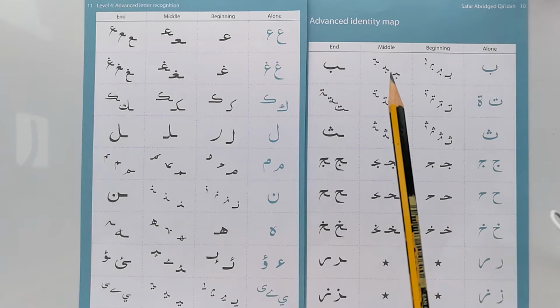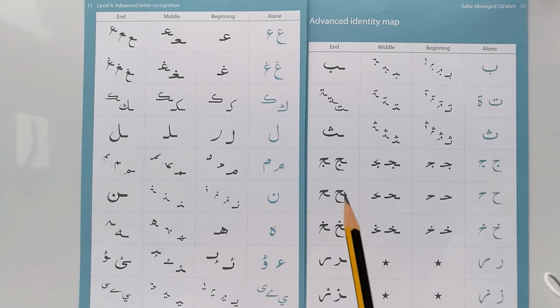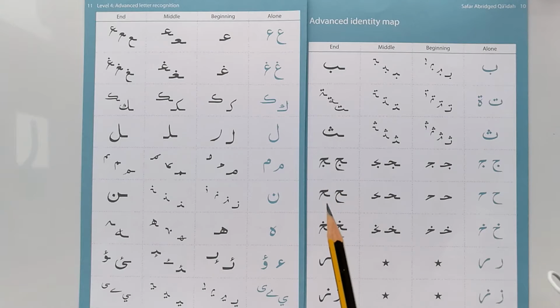Notice the arms on all these middle ones. We've got 2 arms reaching forward and back because the letter is joined to the letter before and after, so it needs those 2 arms connecting to the letters before and after it. And when they come at the end, we've already had a look at these examples here, and there's just these here as well. Just a slight difference because you lose the tail on these examples. Alright,